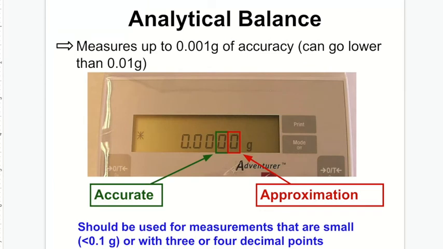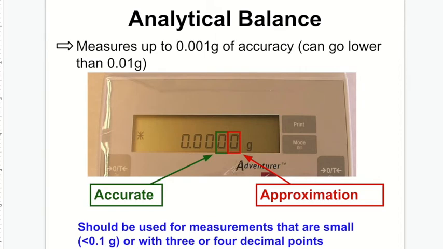Okay. If you need to measure things more precisely in the lab, you will use an analytical balance, which are the fancy ones with the glass box on top to try to make sure that everything stays very accurate. Analytical balances measure up to 0.001 grams of accuracy. They can go lower. They can go more precise than the other balances. Okay, so in these balances, there are 3 accurate places past the decimal point, and the 4th place is an